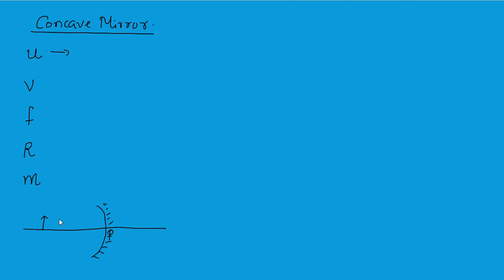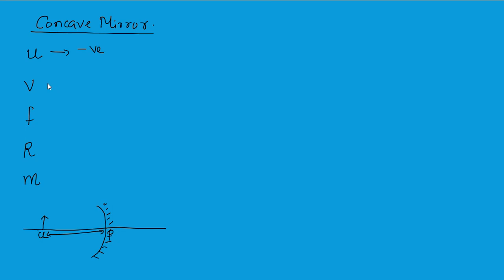But anyway, we are going to keep it on the left side. So this is the object distance, right? We have to measure this distance. This is the object distance. As per the sign conventions, we have to measure it from the pole of the mirror. So when you are measuring it from the pole, I have to keep the zero of the scale at the pole, then measure it towards the left, then that is negative. So no matter which mirror you are taking, object distance is always negative according to Cartesian sign convention.